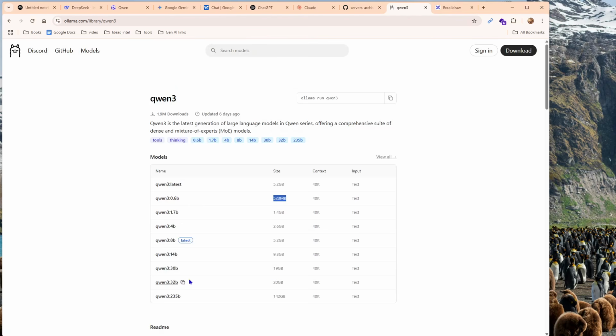Obviously Qwen 3 has this many versions, and usually the latest version will be used if you do not use the whole tag and just write Qwen 3. But we will do this. So we will copy this. And now what you can do, first of all,